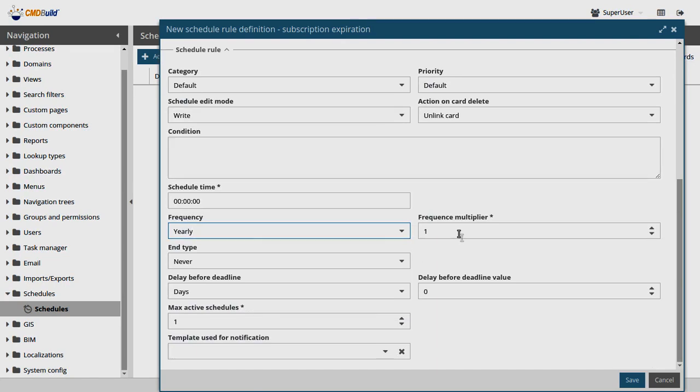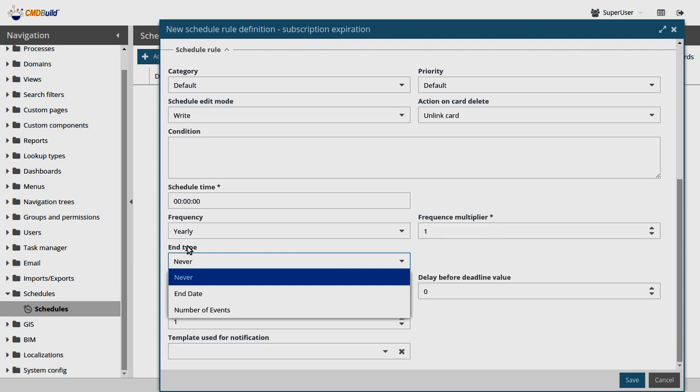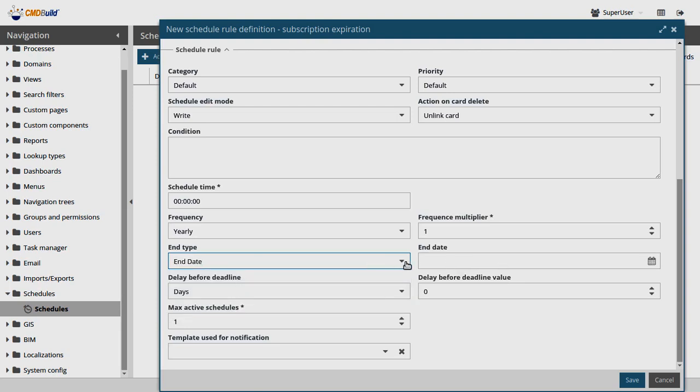and so on, every how many years. So this is the frequency multiplier. Then the end type can be selected: it could be never, so it will never end, or you can set an end date, or you can set a number of events. So after how many years... let's say we bought the annual subscription of CMDBuild for 4 years. So every 1 year, for 4 years, it will remind me that